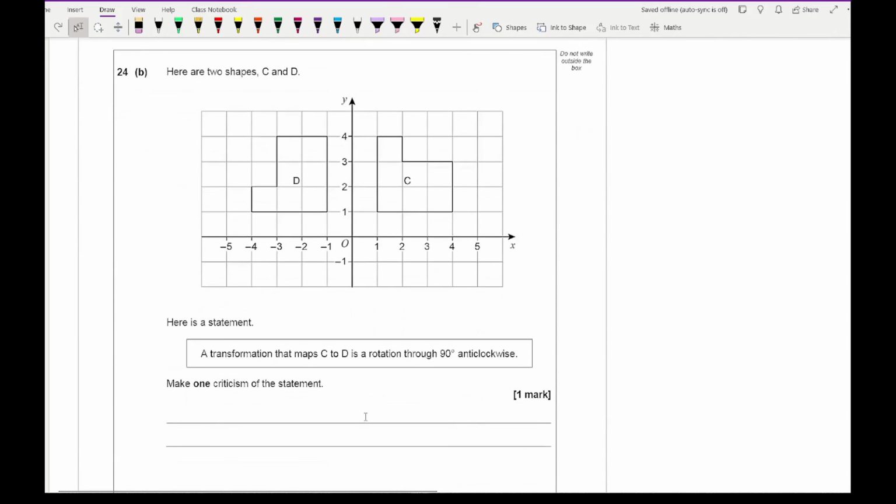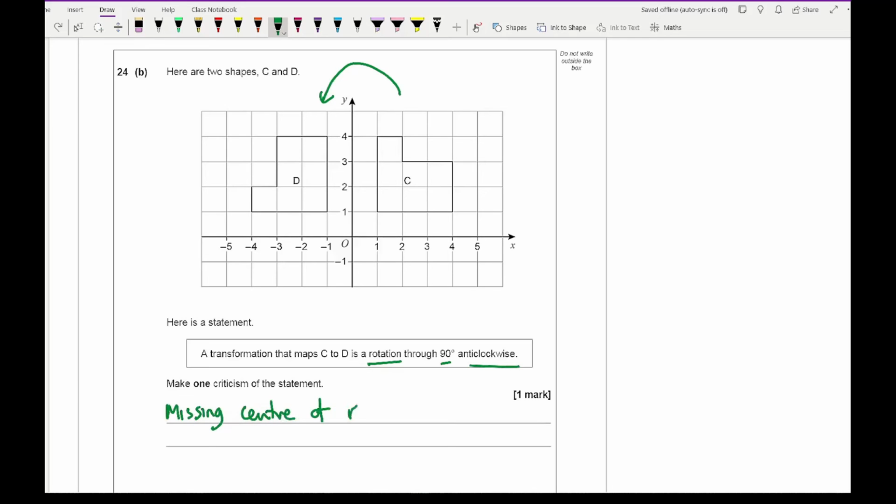For question 24b, it says here are two shapes C and D. Here is a statement: a transformation that maps C to D, so we're going from this to this, is a rotation of 90 degrees anti-clockwise. Make one criticism. Now if you revise rotation and you're describing a rotation, you should know that there are a couple of bits that you need to know. Not only do we need to know what the transformation is, which is rotation, we also need to know 90 degrees, we also need to know the anti-clockwise, but one thing we are missing is the center